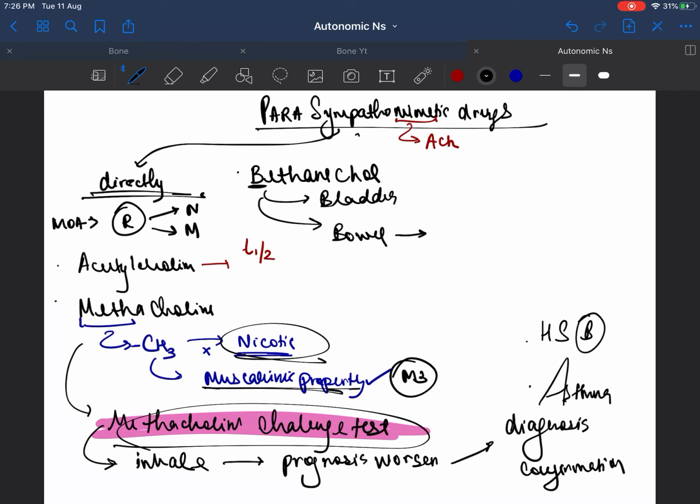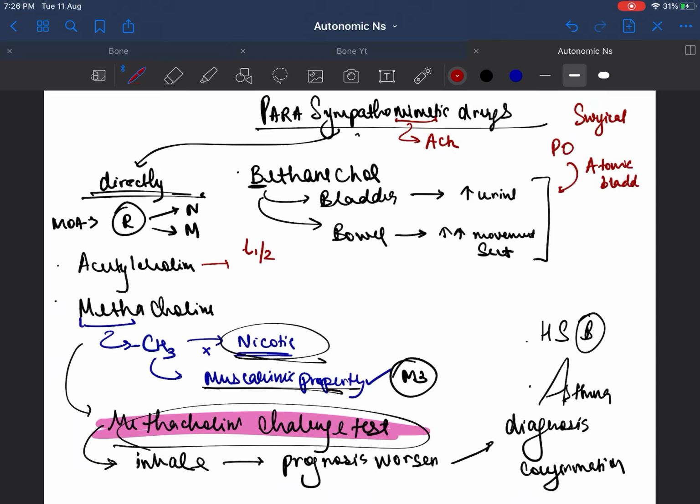And what will it do? It will lead to more movement in the bowel, so the person defecates more easily, and in the bladder it will lead to increased urine. Increased movement, increased secretion, increased urine. So in what conditions will you need these two things? Very easy to understand. If a person has just been admitted to the surgical department and has undergone surgery, post-operatively he can have either an atonic bladder, or an atonic ileus, or both. So you can give the person bethanechol. It's a wonderful drug in case of post-operative atonic bladder and atonic ileus.